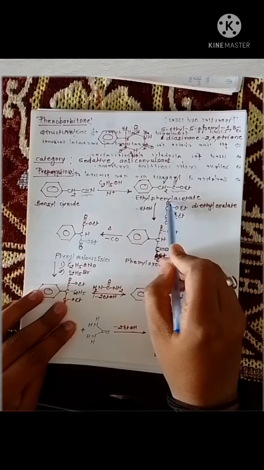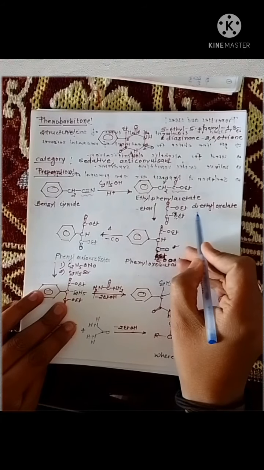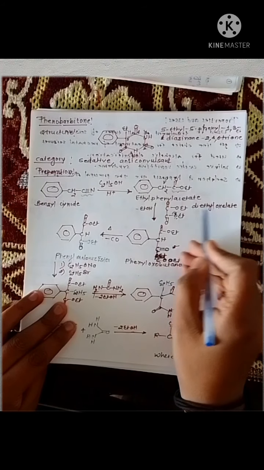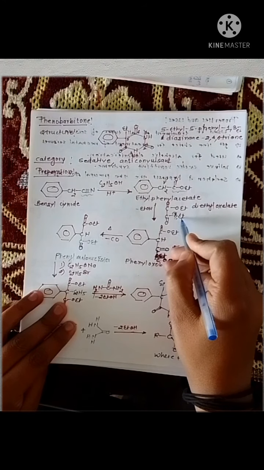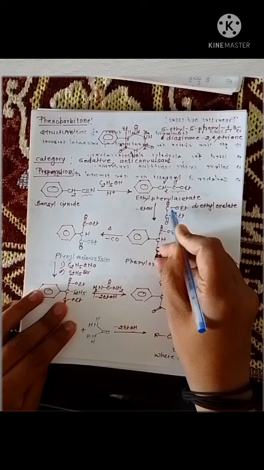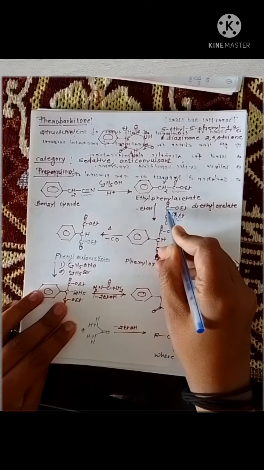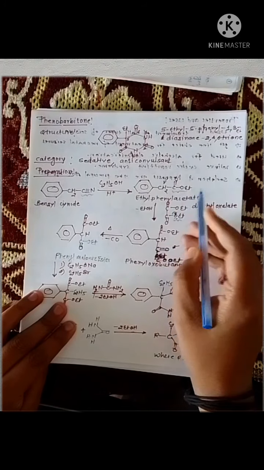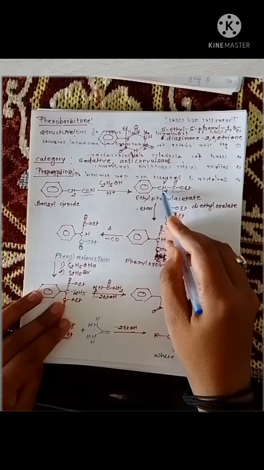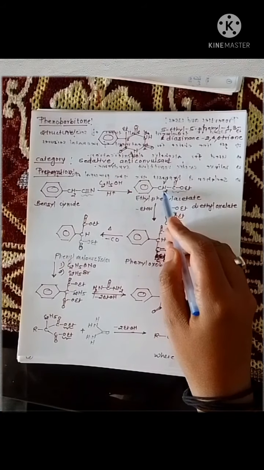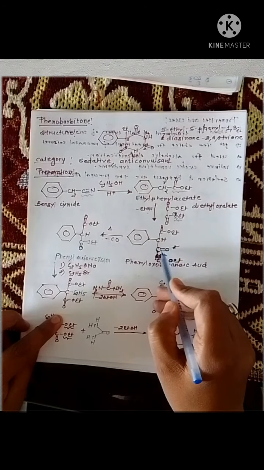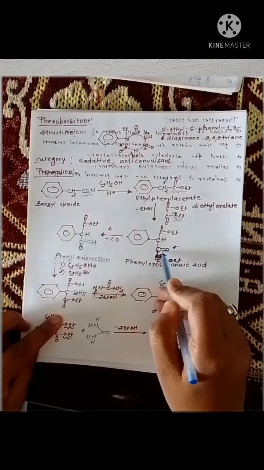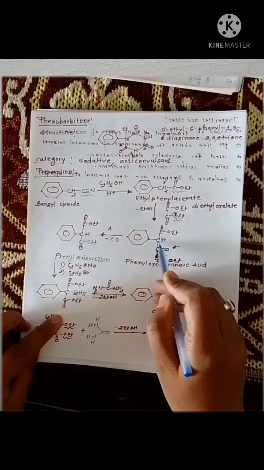When this ethyl phenyl acetate is reacted with diethyl oxalate, the OEt portion of diethyl oxalate goes away, and this portion, C double bond O, C double bond O, OEt, is joined to this carbon, and one of the hydrogens is removed from here. That's why EtOH goes away in the reaction. Just see here, the C double bond O, COOEt joins, and one of the hydrogens from this carbon gets removed.